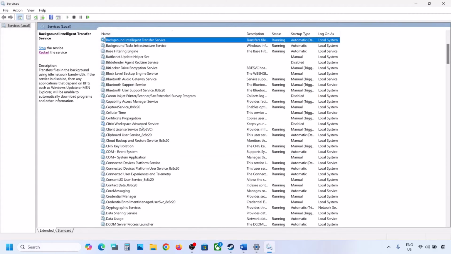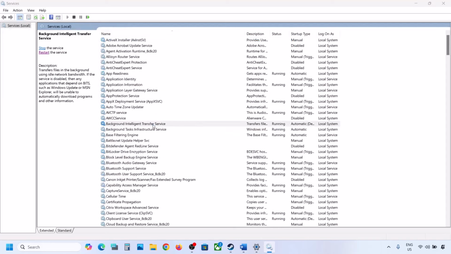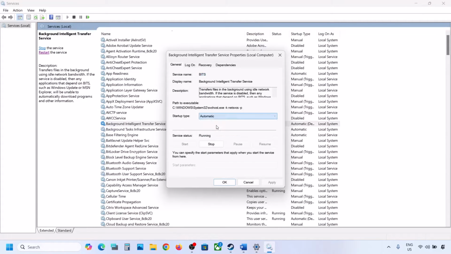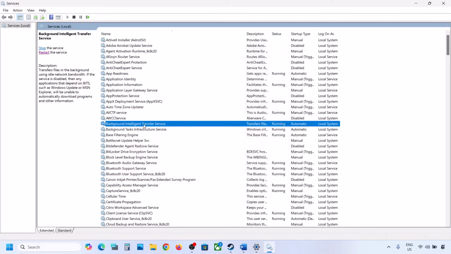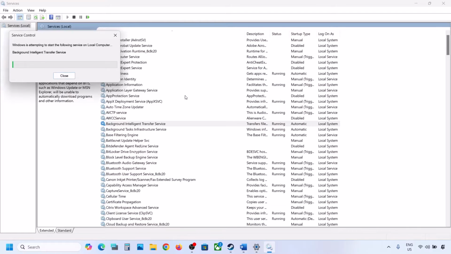Now find Background Intelligent Transfer Service, make a double click, set it to automatic, click on apply, click on start if highlighted and then click on OK. Make a right click on it and then click on restart. Now you can update your Windows 11 and then check. Now still not working. The next step is to